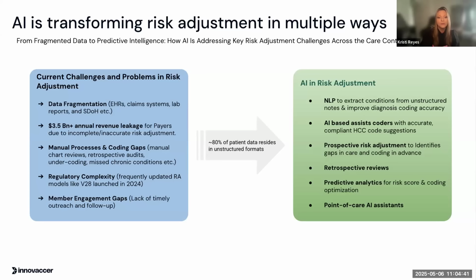And then the outcome there is going to be better diagnosis specificity. So shout out to V28. We all are aware we're fully implemented for 2025 dates of service, right? Specificity matters. There are a lot of challenges there. It's very easy to click unspecified, but we need to get that level of detail. And the AI is where we can go to help ensure that we're accurately capturing that member's burden of illness.